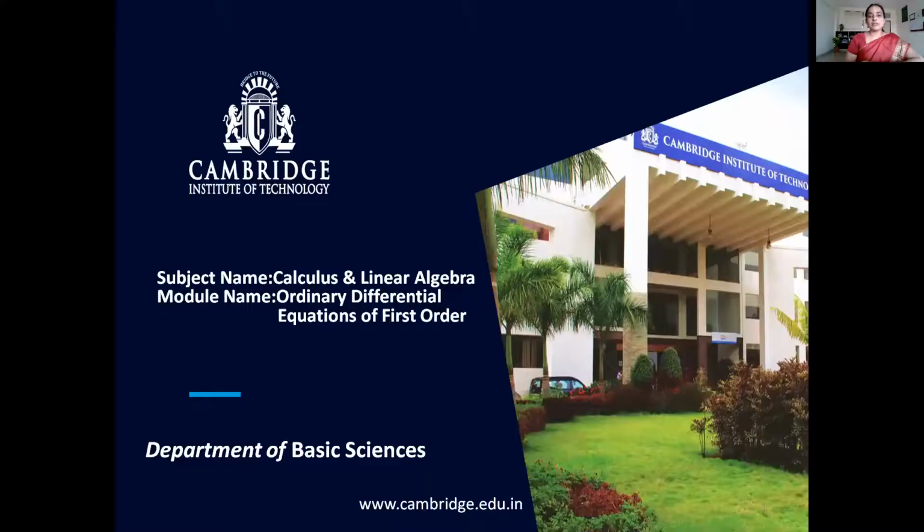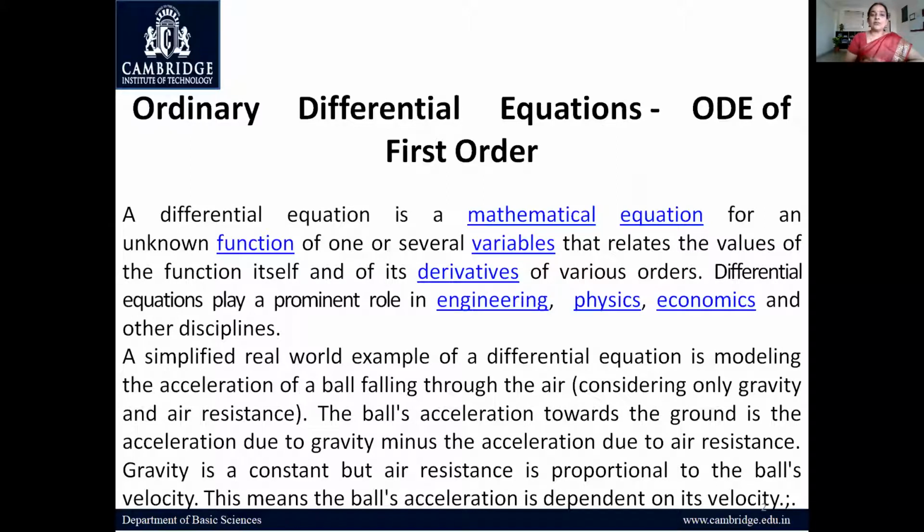Now coming to your first semester, the subject code and subjects. The subject name is Calculus and Linear Algebra, and this module is fourth. So totally you have 5 modules, and this ordinary differential equation is the 4th module. Now you know the meaning of ordinary differential equations, right? We also have partial differential equations. We'll be learning that later on. For now, you'll be learning ordinary differential equation, which we denote as ODE.